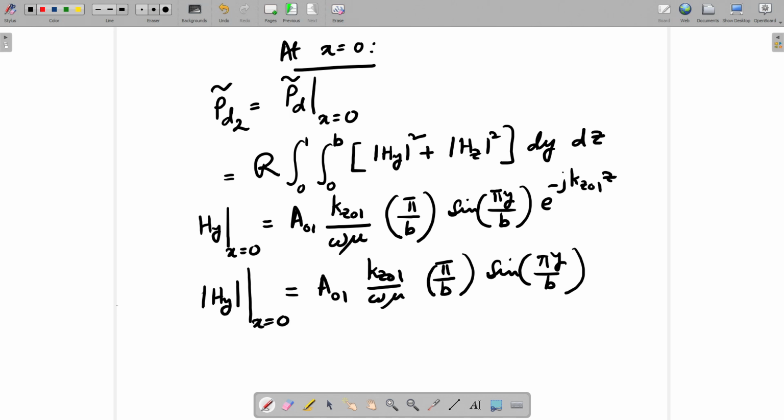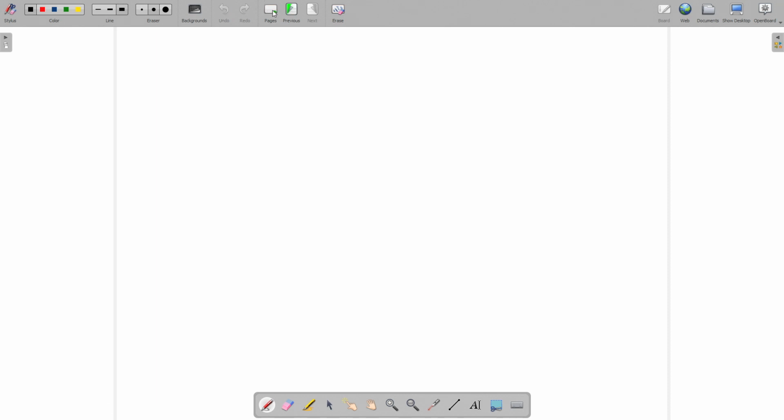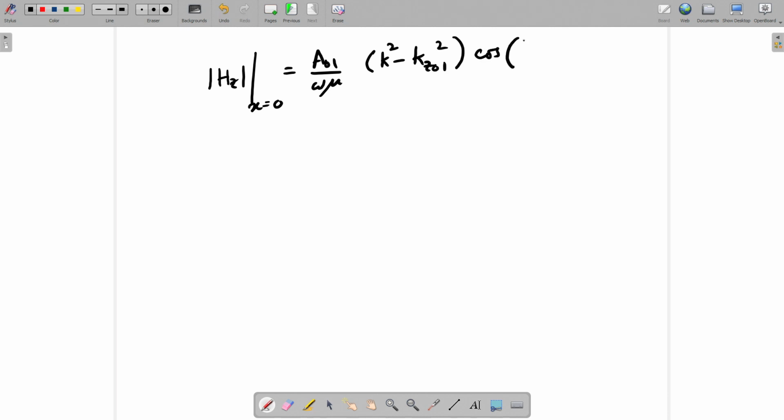Similarly, mod Hz at x equal to 0 will be A01 by omega mu, k square minus kz01 square, cos pi y by b,